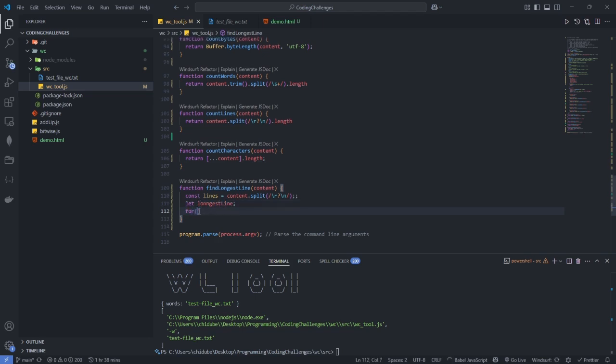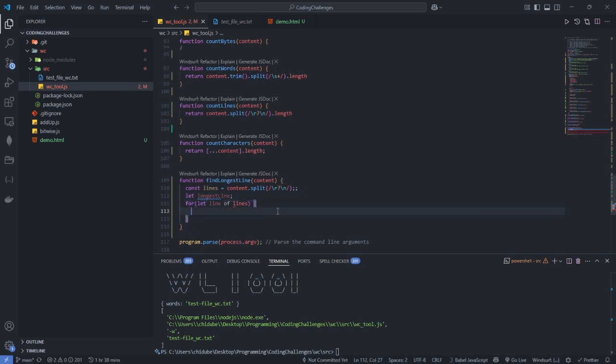Then we loop through it. Let line in, I keep saying in, it should be of, like Python also. My spelling is not correct. Let line of lines, then we'll loop through and we'll do our condition, if